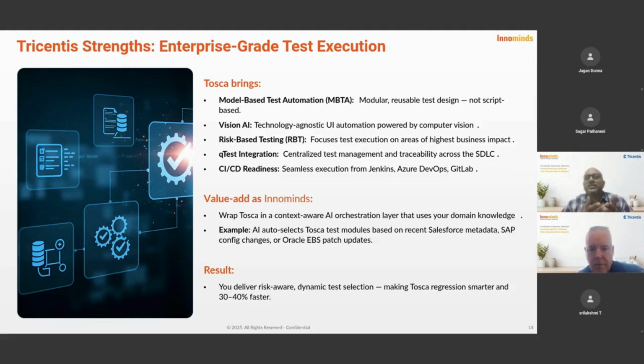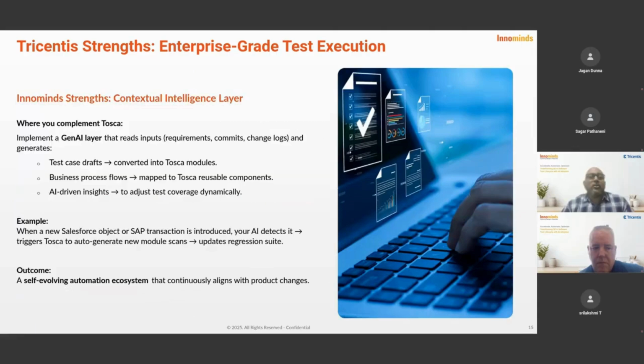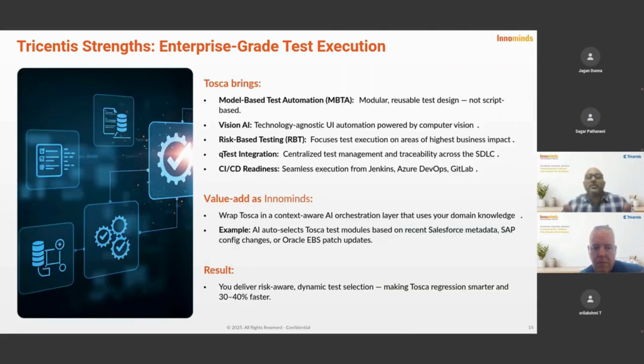So once you do this shift left approach using your Vision AI, and once you have a strong domain expert who understands the ERP landscape, using your AI features across your design, execution, and optimization, you could really enhance or boost the productivity. We have done it for one customer. Probably I'll let Sri Lakshmi talk depending on time, and we were able to significantly enhance the test execution for SAP.